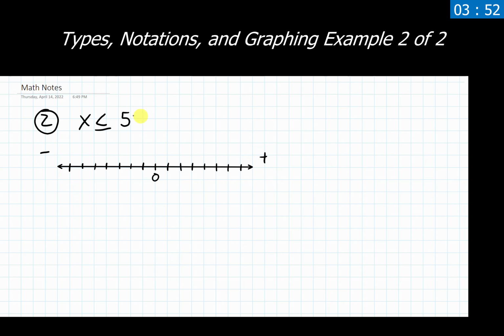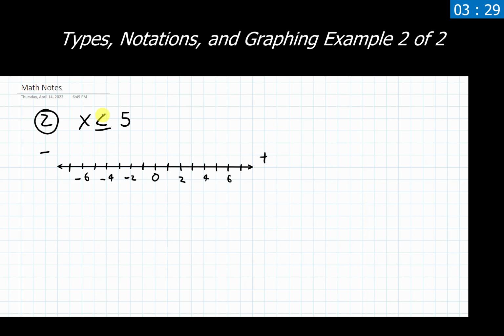5 isn't too big of a number, so I'm going to go ahead and label these going by ones each time. And I count every other one, I should say, just to save a little bit of writing. And there we go. I have my number line, I have 0, I have the positive direction, negative direction. Great, I know where everything is.